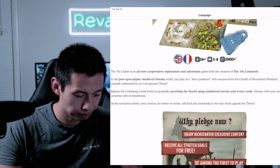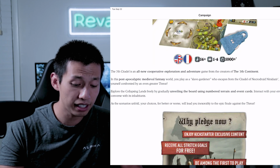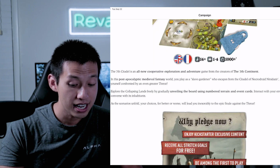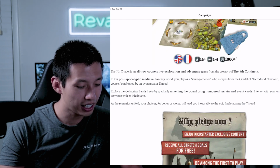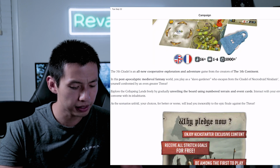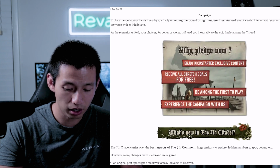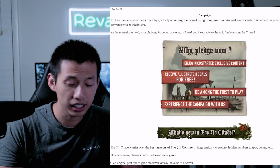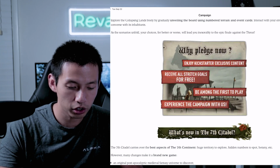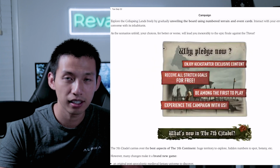Continent. How fitting. Now, in this post-apocalyptic medieval fantasy world, you play as a slave gardener who escapes from the citadel of necro-druid Ninidazir, only to find yourself confronted by an even greater threat. Explore the collapsing lands freely by gradually unveiling the board using number, terrain, and event cards. Interact with your environment and converse with its inhabitants. As the scenarios unfold, your choices, for better or worse, will lead you inexorably to the epic finale against the